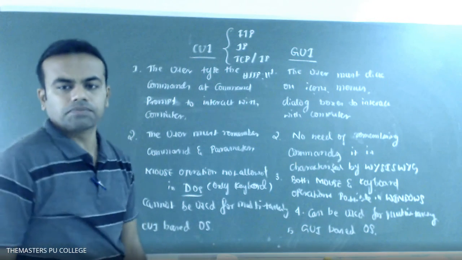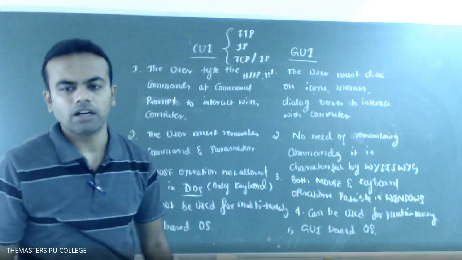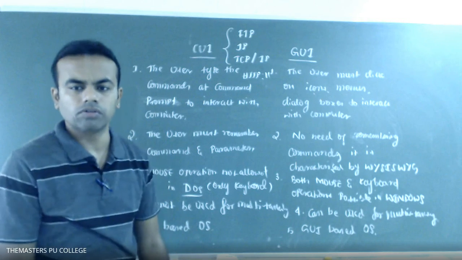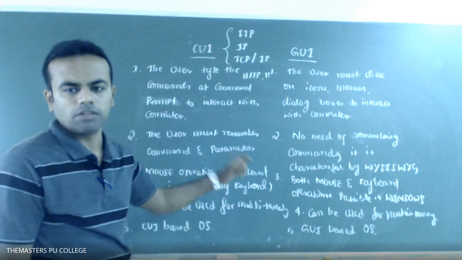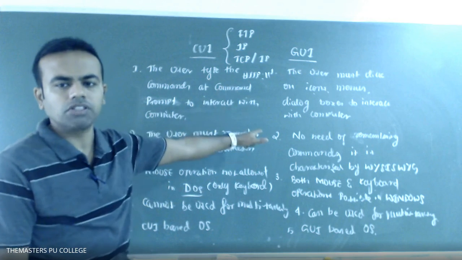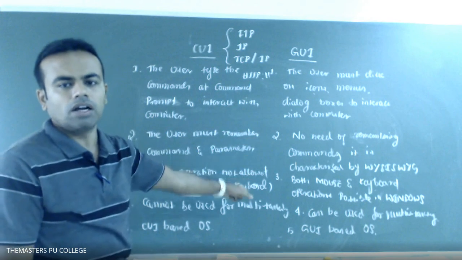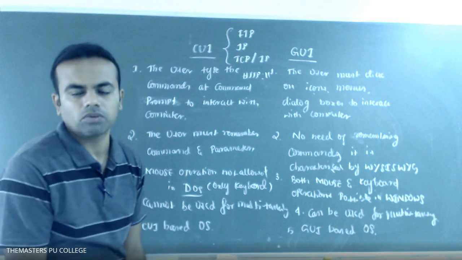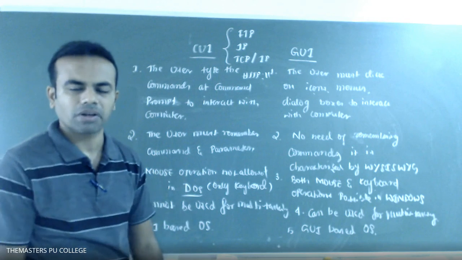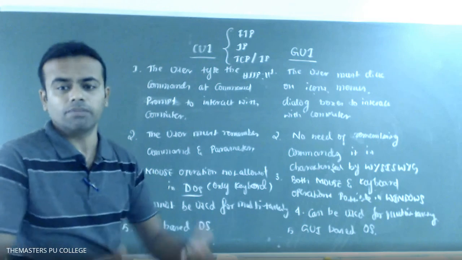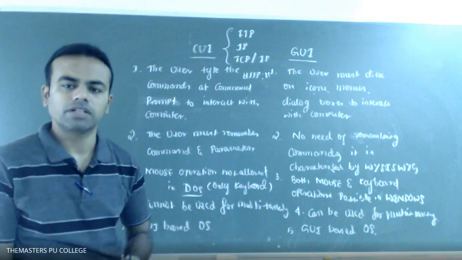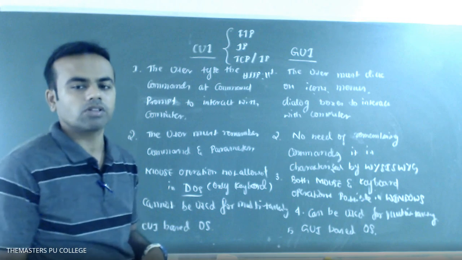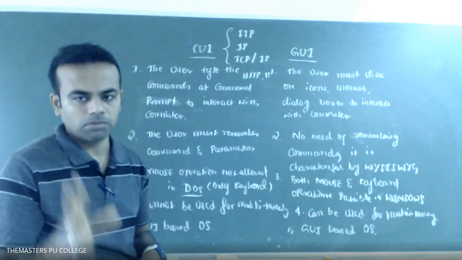Is that clear? I will continue tomorrow with chapter number 5. Is there any doubt in this session? Types of operating system, features and functions of operating system, and application software. These are simple chapters, only theoretical. There will be no problem like the previous chapter, data representation, chapter number 3. I'll start tomorrow with chapter number 5.